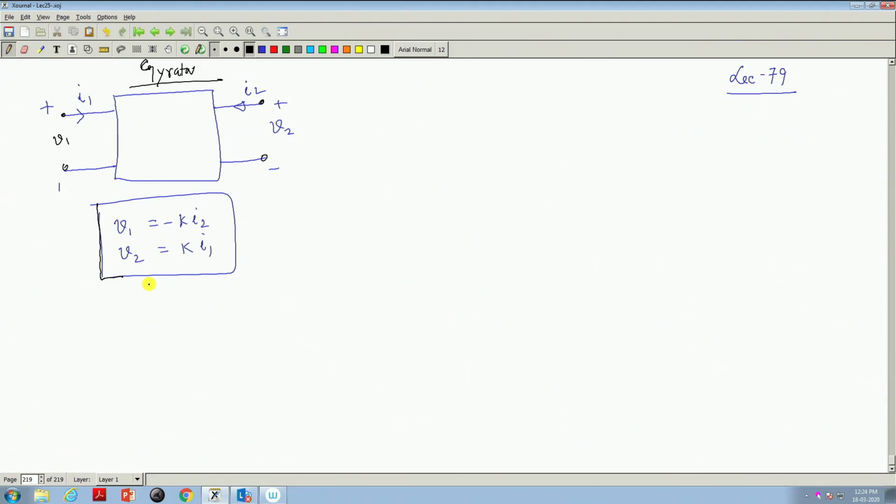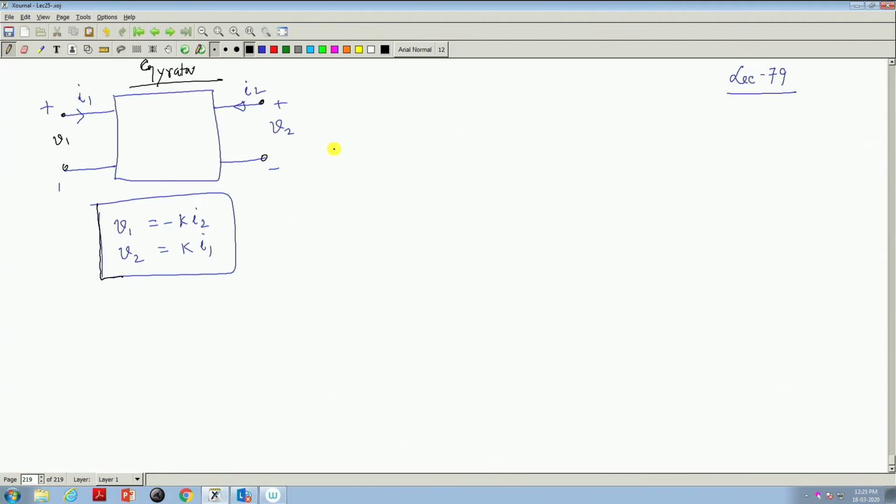I have been doing all these things with this direction of I2. Z parameters will be absolutely fine, but for ABCD parameters you replace minus I2 by I2, because for ABCD parameters only it is taken as flowing outward. In the case of a transformer also be careful while writing the ABCD parameters or Z parameters, because in Z parameters I2 is assumed to enter the circuit through the output port. Anyway, this is the gyrator.